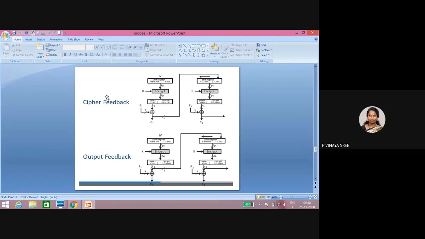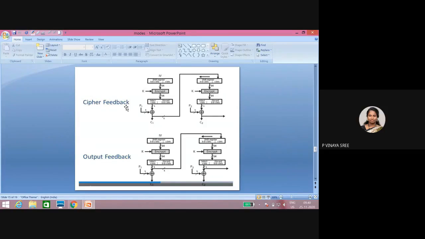The drawback with cipher feedback is that as we are taking the cipher output, if any attacker changes the cipher, then the entire feedback connections will be affected. So while decrypting, the decryptor will get other plain text, whereas here the ciphertext is safe. Let us consider an attacker changes ciphertext C1 here; only this will be affected, the others will not be affected. Why? Because here we are considering the output of the key encryption, not the ciphertext. Now try to concentrate on the differences.